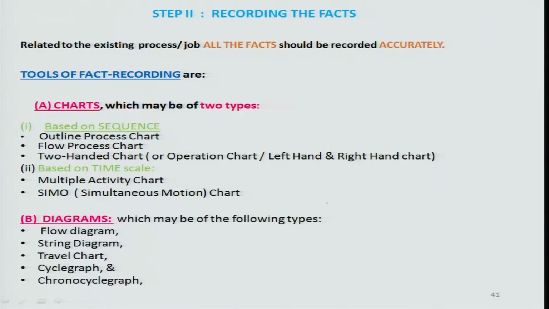And so, there are certain tools which are provided by various practitioners, okay, which actually is responsible for fact recording, I would say abridged fact recording on a piece of paper, and these can be related to charts which are based on sequence of processes, or charts which are based on time scales. Okay. The sequence charts could include typically things like the outline process chart. I will come and explain these on an individual basis a little bit later, but